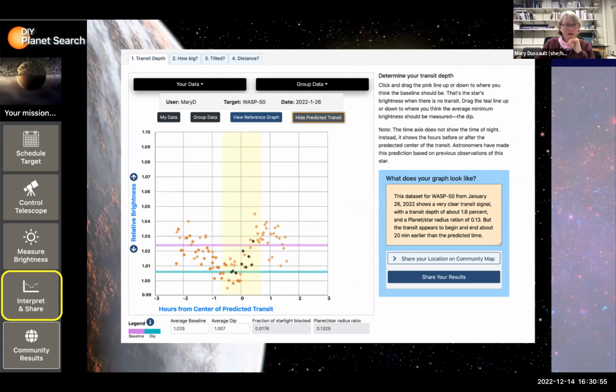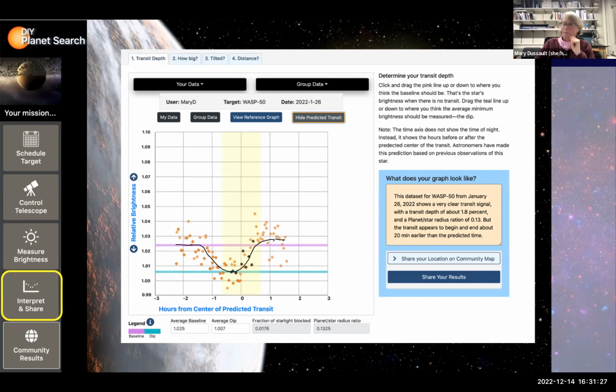Here we are. Let me do that. There we are. Okay. So if I were to draw what I think the average of all these dots were across time, I might do something like that. Right? And the interpret and share tool allows you to set where you think the baseline of the data is before and after